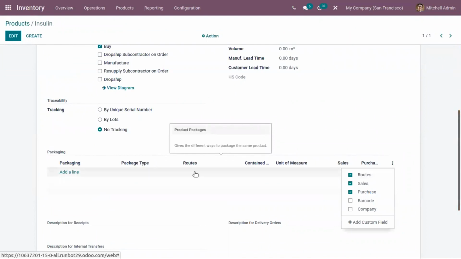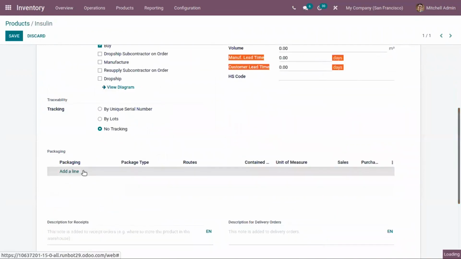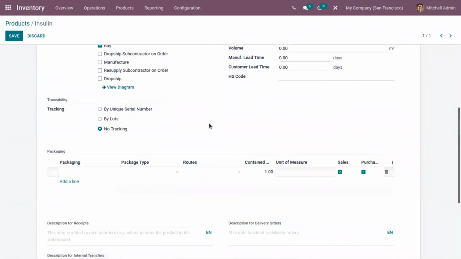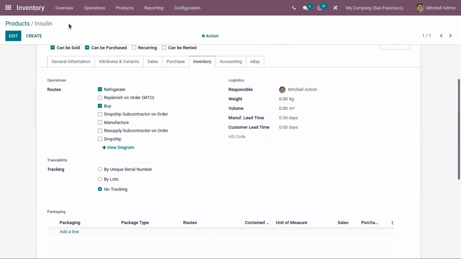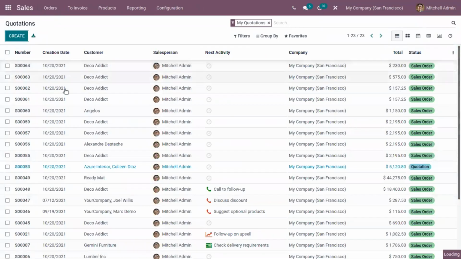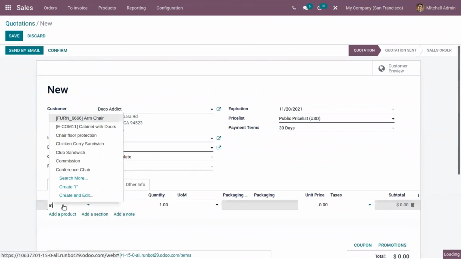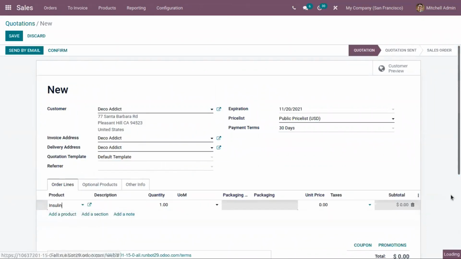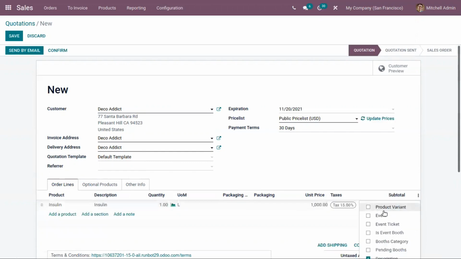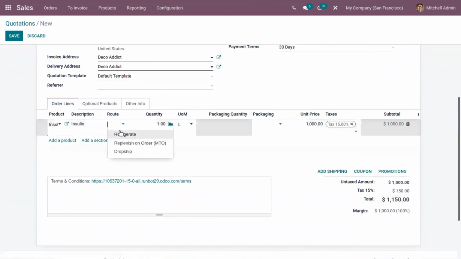Here if we enable routes, you can create package and set route for the packaging. And we can also choose route from a sale order. Here we have to enable this and then we can choose a route.